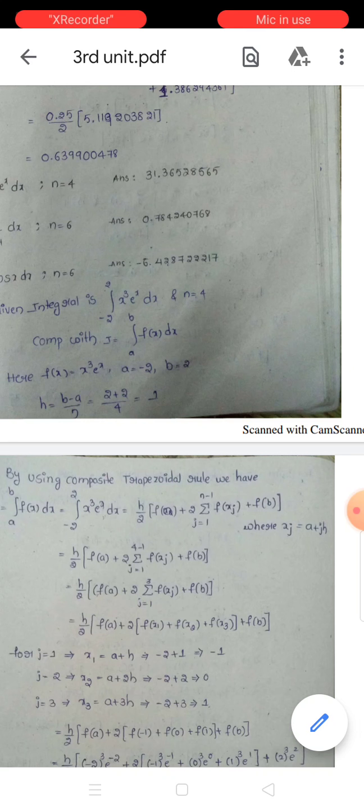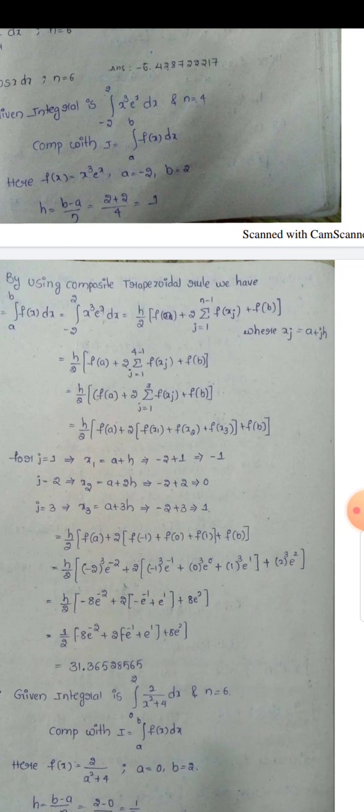For j equals 1, x1 equals a plus h equals minus 2 plus 1 equals minus 1. For j equals 2, x2 equals a plus 2h equals minus 2 plus 2 equals 0. For j equals 3, x3 equals a plus 3h equals minus 2 plus 3 equals 1. Therefore, integral minus 2 to 2 of x cube e power x dx equals h by 2 into [f of a plus 2 into (f of minus 1 plus f of 0 plus f of 1) plus f of b]